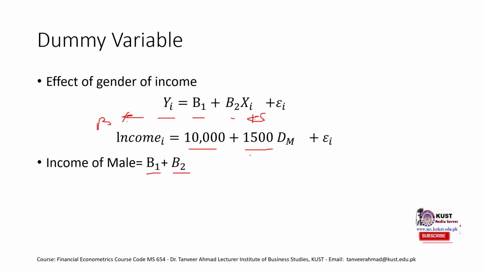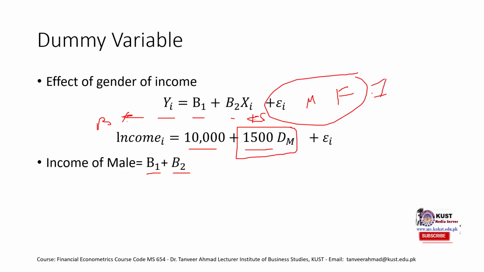Now you would ask, where is the salary of female? So we are comparing it with the base category. Remember, we only have one dummy variable. There were two categories, male and female, but whenever we have two categories, we would only have one dummy variable. We will discuss in a while why we have one dummy variable instead of two. For every m number of categories, we would have m minus one dummy variables. So in this case, we have two categories, so we have one dummy variable.